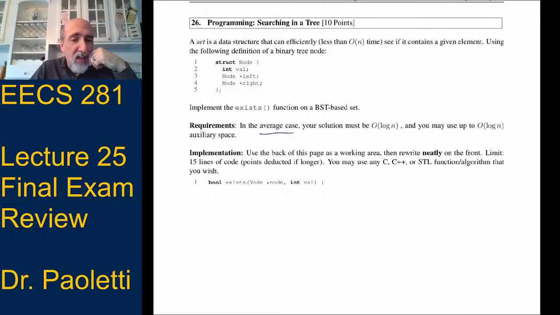Now, if it was an AVL tree, it would be guaranteed log of n. And since you don't have to write the insert, since you just have to write exists, I suppose we could have made this problem an AVL tree, and then it would be not just average case, it would be big O of log n.